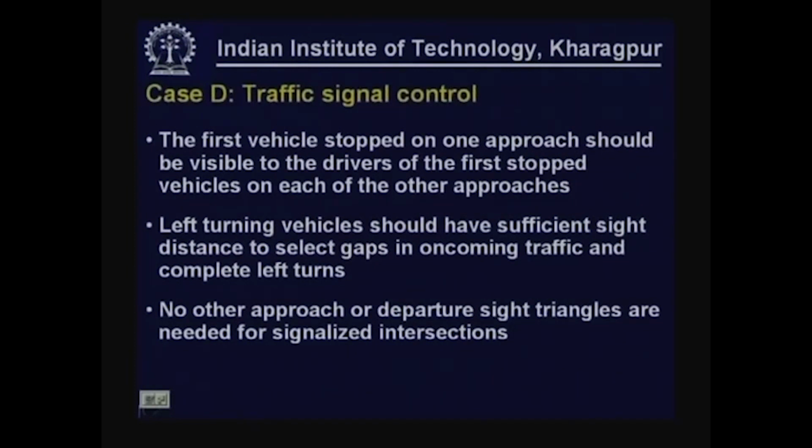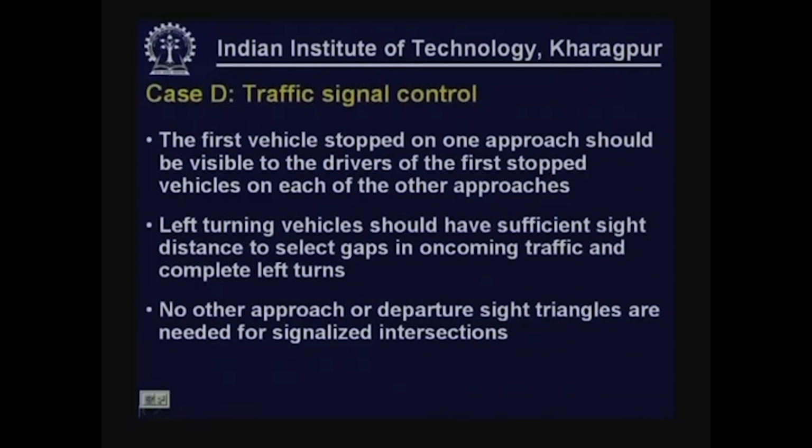In this case, the consideration for side distance is based on the fact that the first vehicle stopped on one approach should be visible to the drivers of the first vehicle stopped on all other approaches. In addition, for left turning vehicles